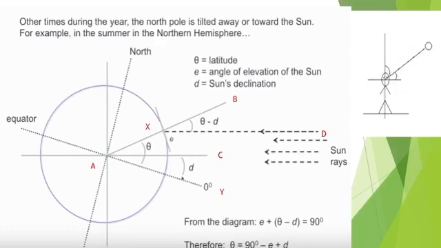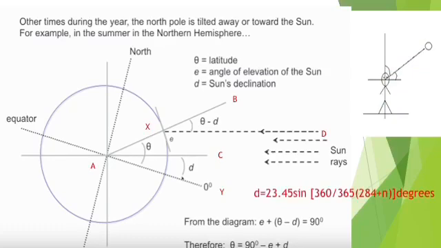It is written, right? So from the diagram, it is very clear that if you want to find out the latitude of a place, you need to write theta is equal to 90 minus angle of elevation plus sun's declination, right? To find out sun's declination, we have a formula, children. It is nothing but 23.45 into sine of 360 upon 365 into bracket 284 plus n bracket complete degrees. This will come in degrees.